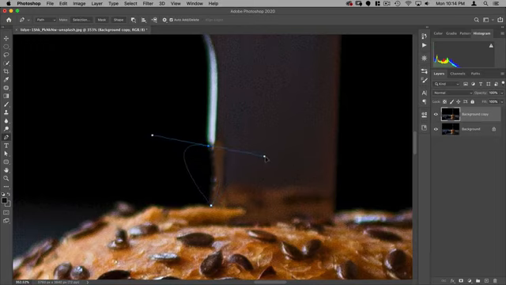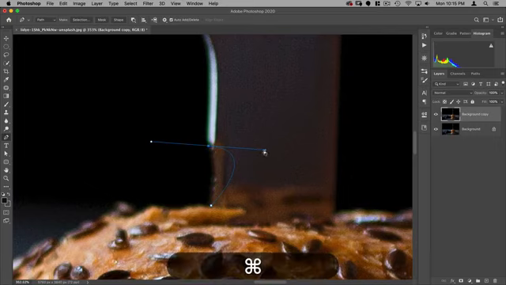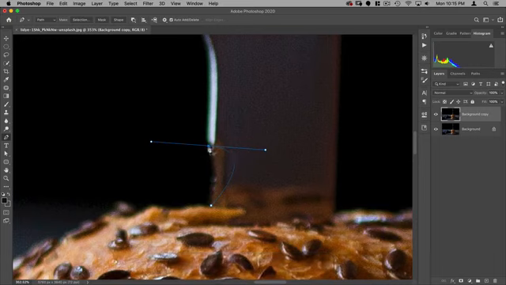And the arc is created by these handles, right? So this is our anchor point. These handles represent how that anchor point is affecting the line before and after it.